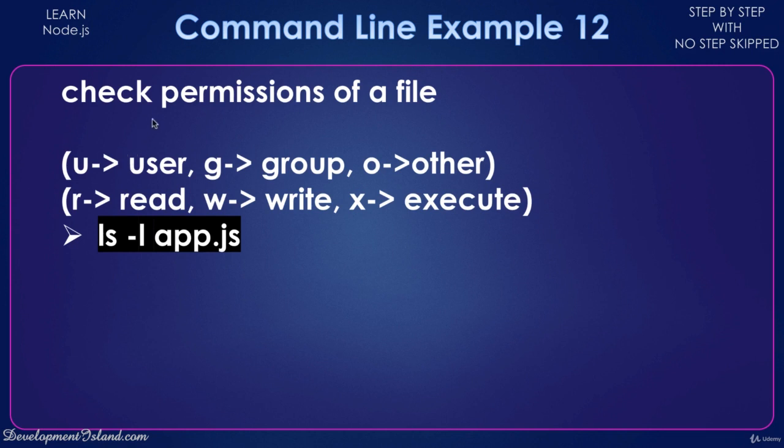So some users can read a file, some users can read and write inside a file, some users can execute an executable file, and so on. So there are three types of users. So this user is the one who owns the file. This one is the group to which this user belongs to. So on your computer, you can create groups, and each user can belong to a certain group. And then other